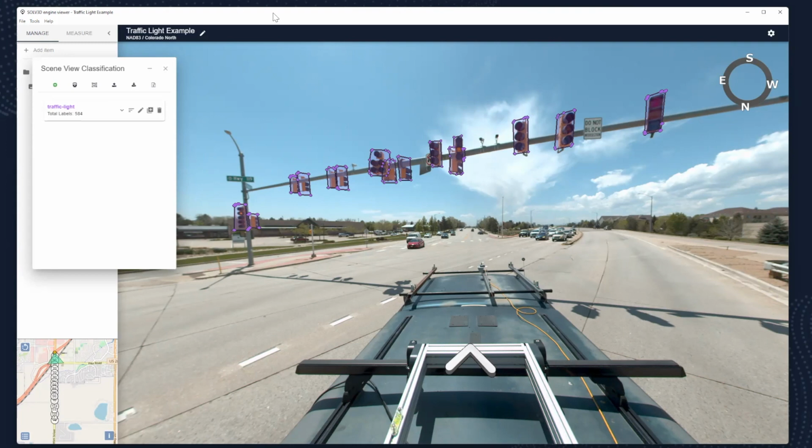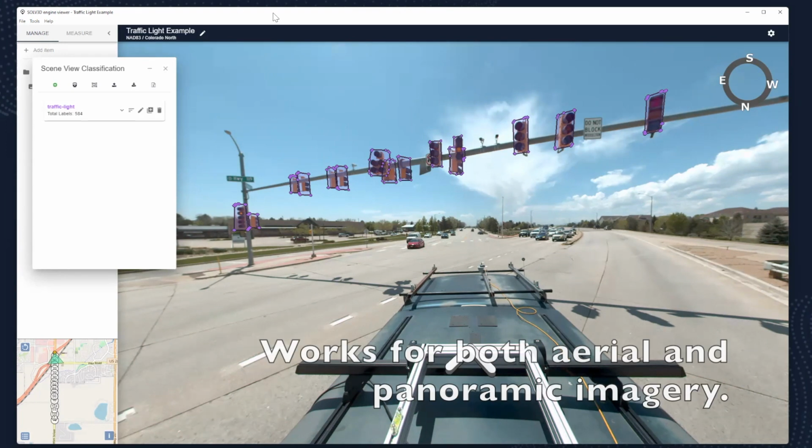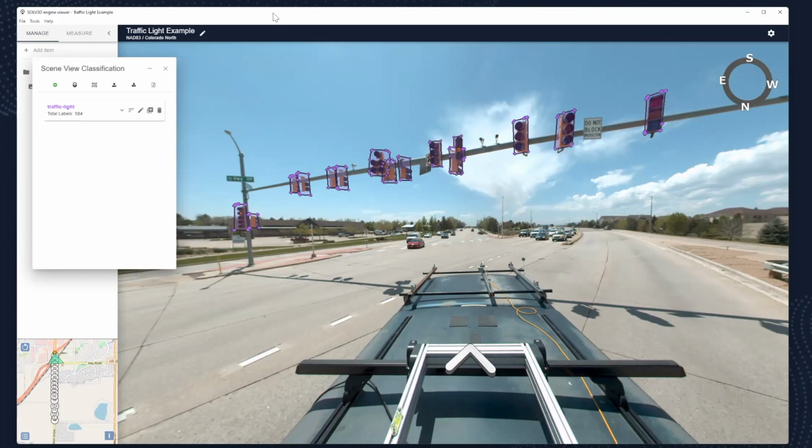Kevin, we just added a new feature into our object identification classification, and it has to do with classification score. Can you fill me in on what we've done here, what we've added? Sure. So this new feature works on both panoramic images and aerial images. But what I've done here in this example with our traffic lights, as we've previously shown,